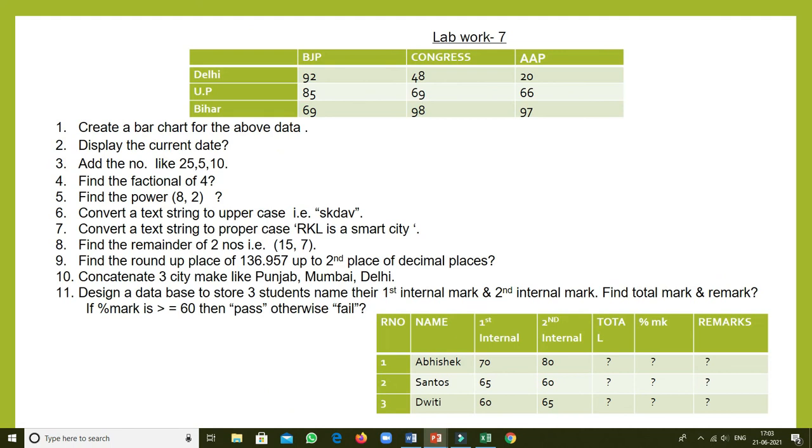Now see, this is lab work 7. So here all these things I have already discussed, you have to do manually.